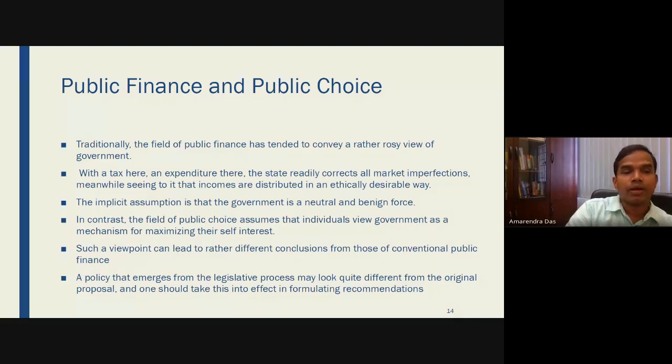So such a viewpoint can lead to rather different conclusions from the conventional public finance. And a policy that emerges from the legislative process may look quite different from the original proposal, and one should take this into account in formulating the recommendations. So